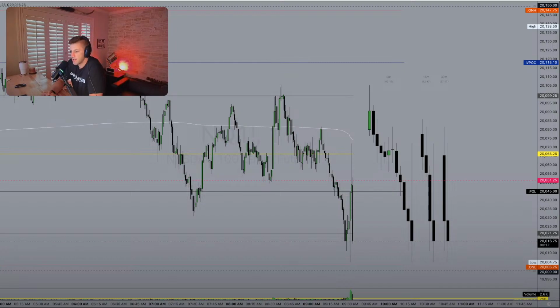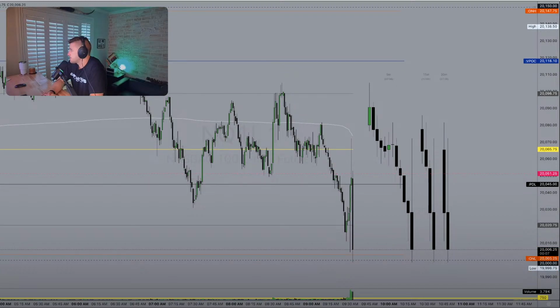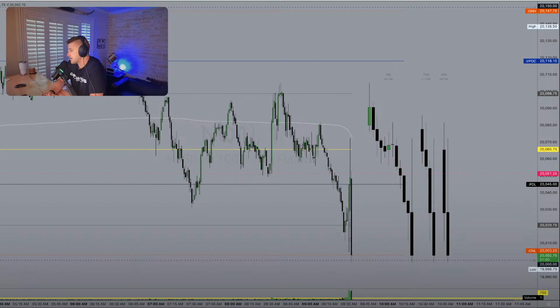Rejection there. VWAP, session volume point of control, no interest at prior day low. Right back into the session low. There you go. There's that 20K overnight low being undercut. Sellers showing up again.